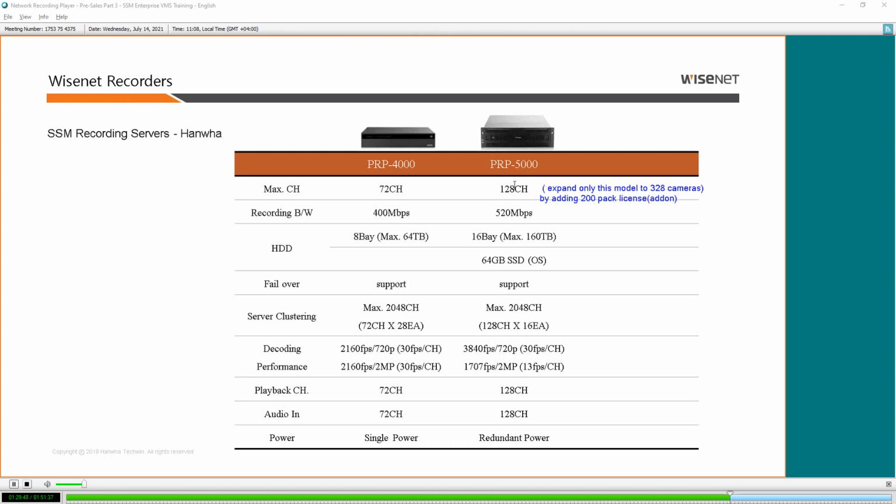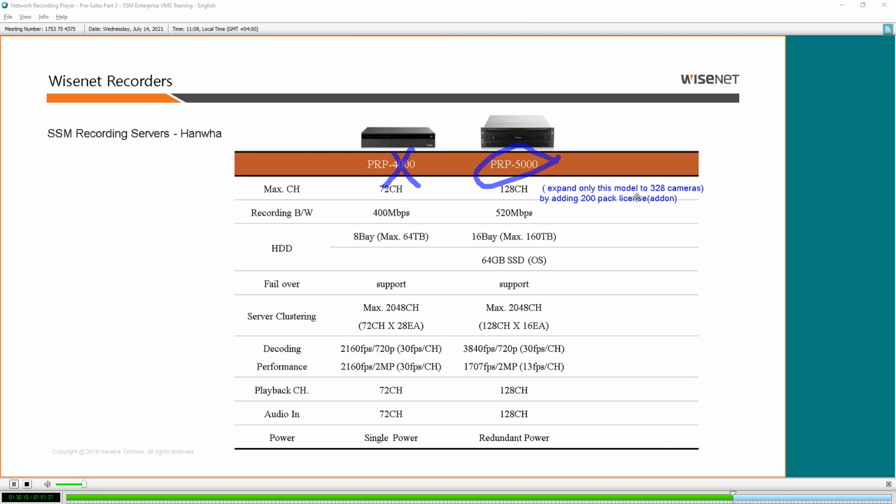By default 128 is free, but you can buy a 200 pack license and make it 328 for only this server. Just PRP 5000, not 4000, not HP, not Dell, not third party, only this server you can expand.